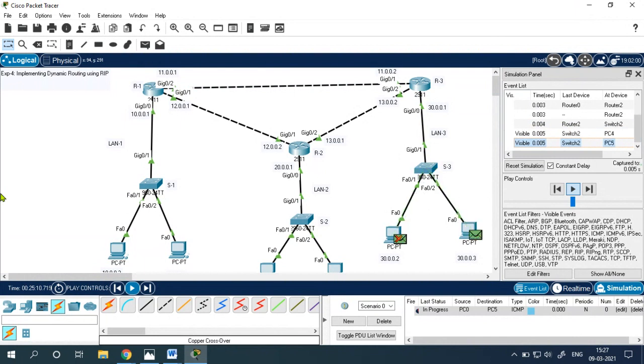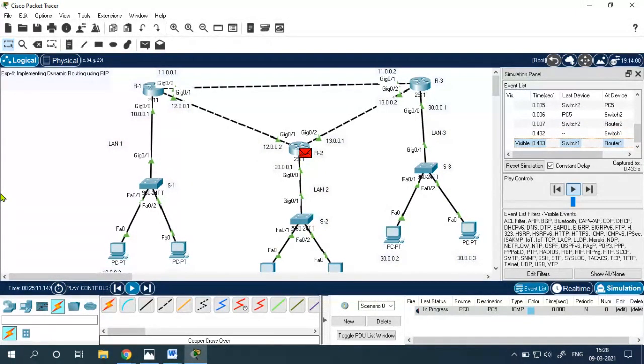Although the packet is delivered, it will not be successful until the source machine receives the acknowledgement. Now the acknowledgement reached router 3.